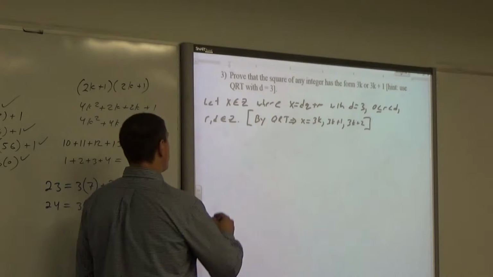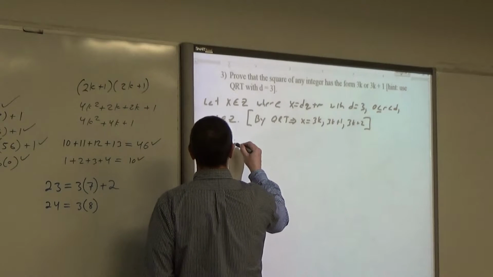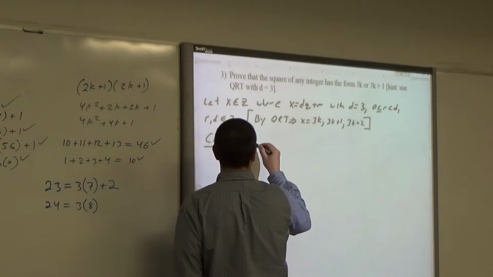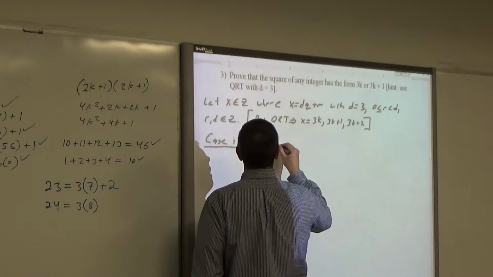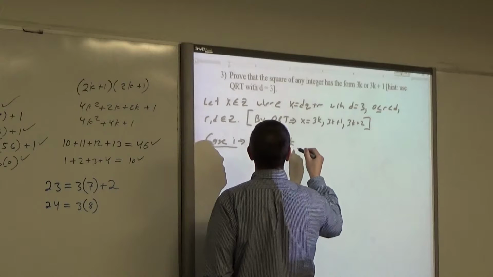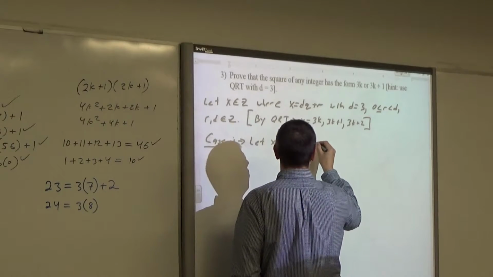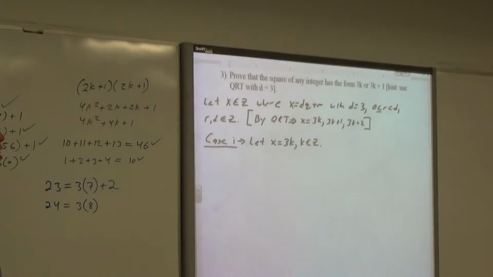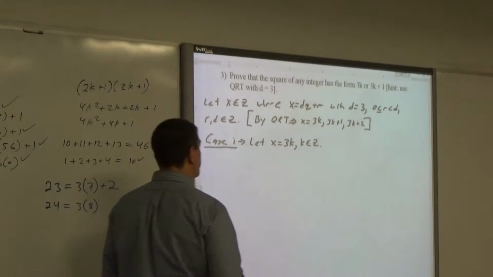Okay, so we have case 1. Let's let x be equal to 3k, where k is an integer. Now we have to define k as an integer, because it's no longer in the comments field. Okay. Next thing we do is substitution, right guys? We define the variable, we use substitution. So by substitution,